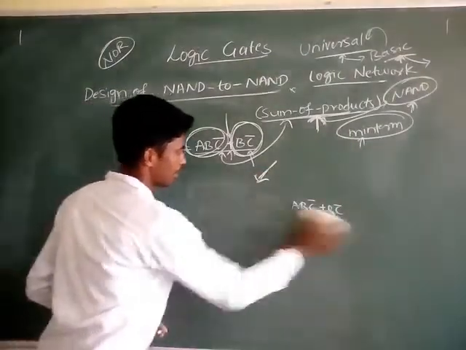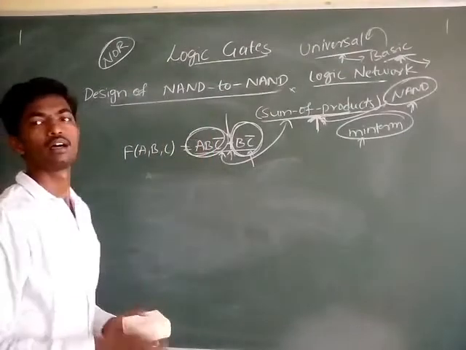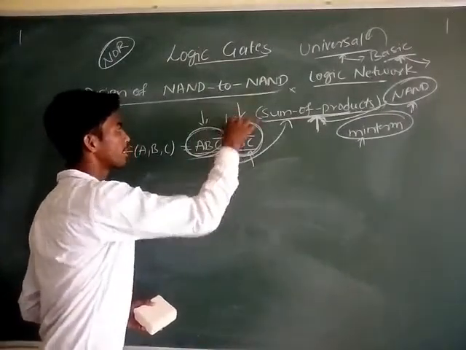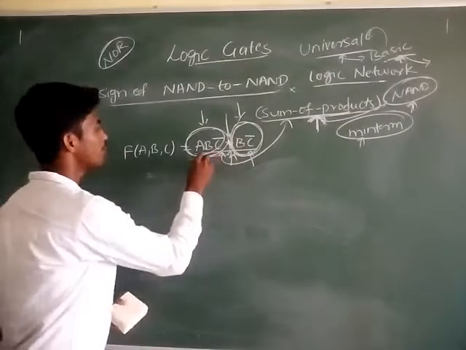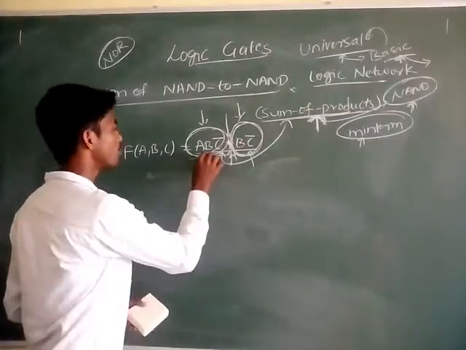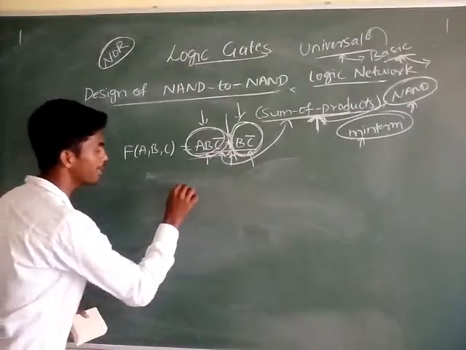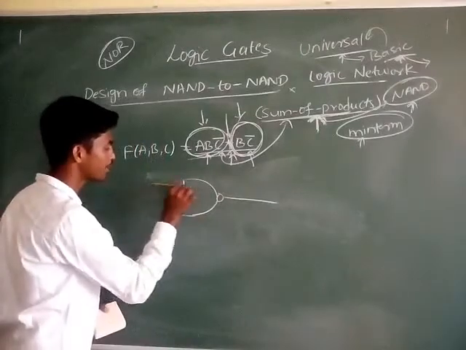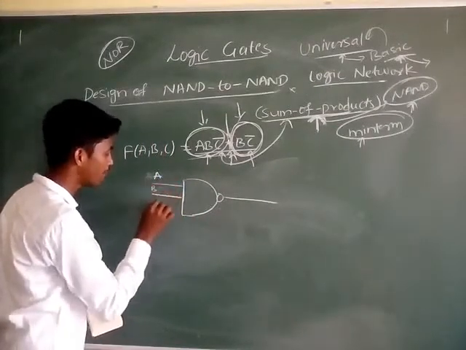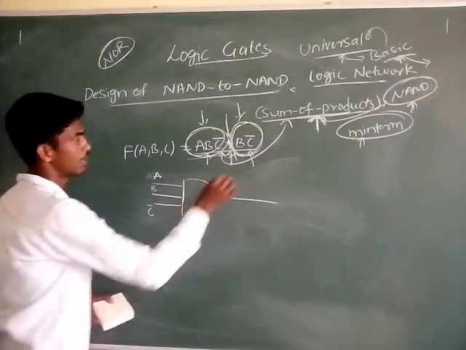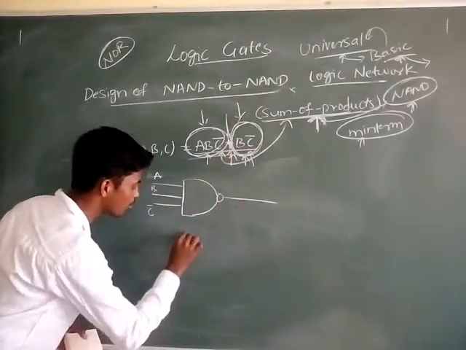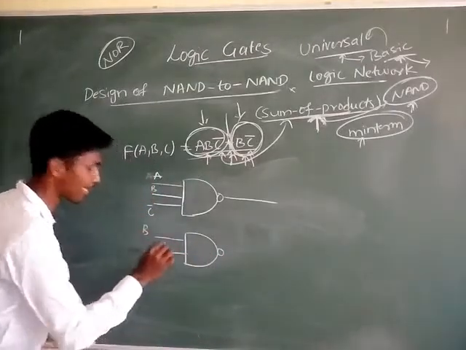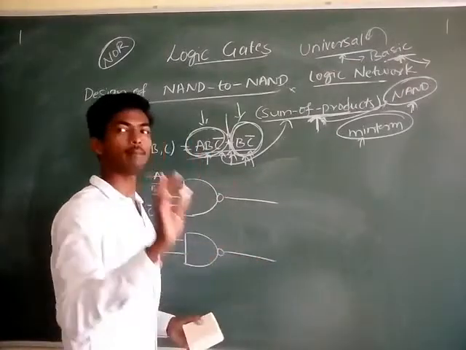Here they have given the sum of products expression. Let us have two product terms with the OR operation. So I will place one NAND gate with three inputs for this one, A, B, C complement. I am just designing the NAND gate for this one. Observe carefully, for A, for B and for C complement as it is. And for B C complement, again one more NAND gate I am designing here, B and C complement as it is. So it will give some result for you,